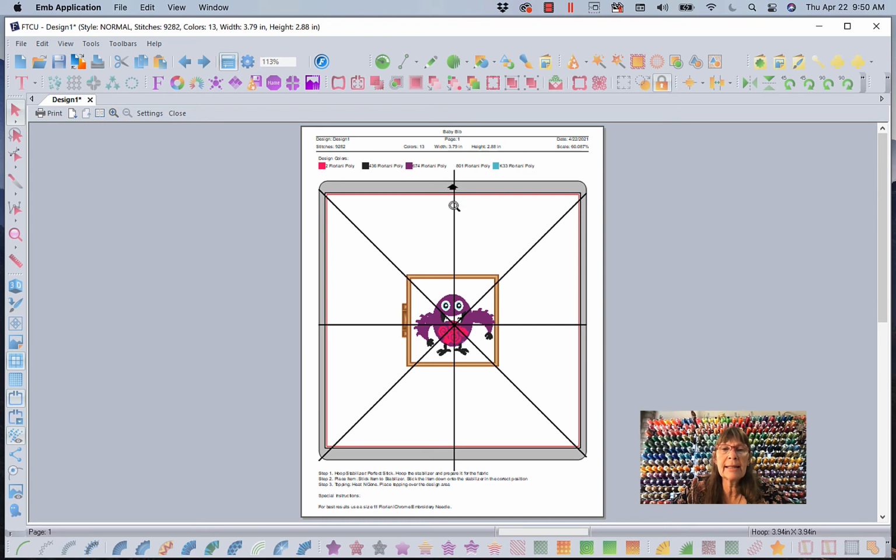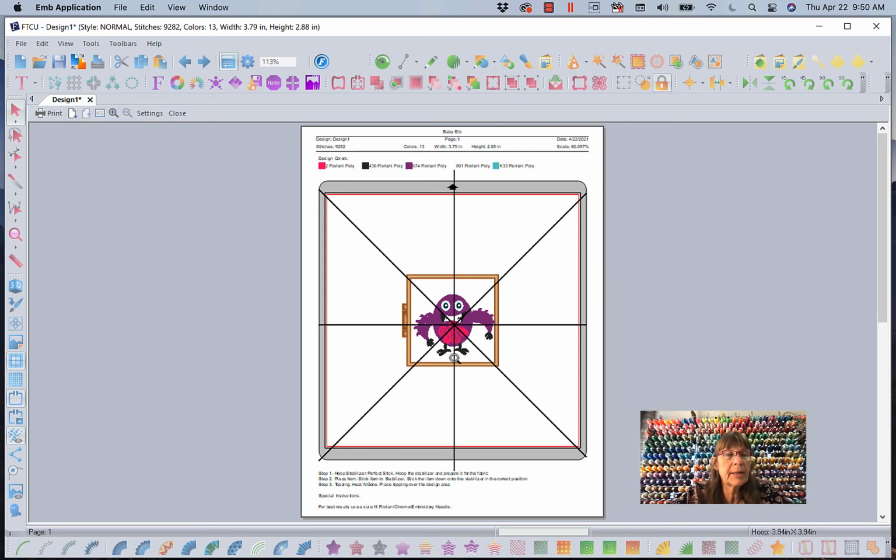So I want to line this up really good. Because remember, this isn't a perfect rendition of a 4x4 hoop. But I want to line this up when I stick it down in my hoop because I don't have wiggle room right to left. I'm utilizing all the stitching area in that hoop just to the max. So this makes it really easy to make sure it's centered so you don't get that hateful design is out